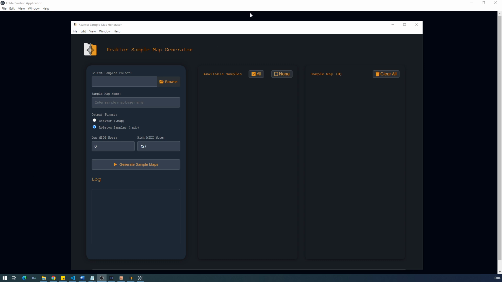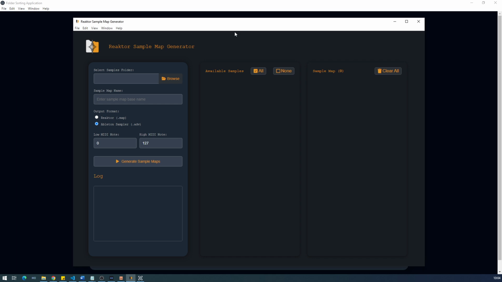I built a couple of apps specifically for building sample maps for Reaktor, which is primarily why I built it, but I've since added Ableton sampler presets to it as well. This app is pretty simple, and I'll get to it shortly, but I just want to show the other